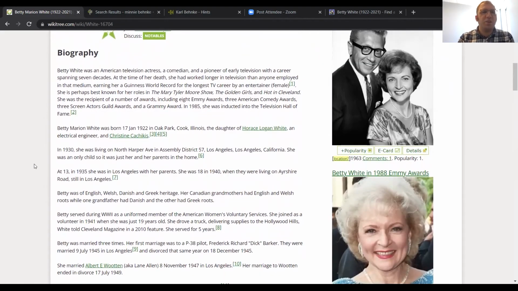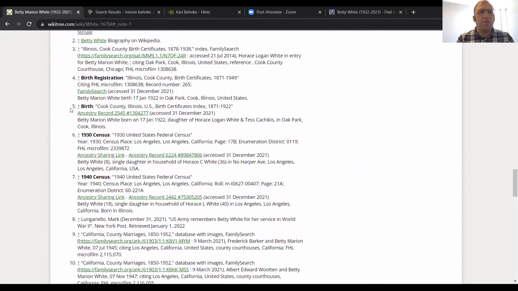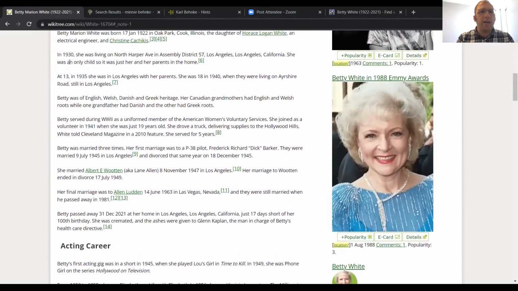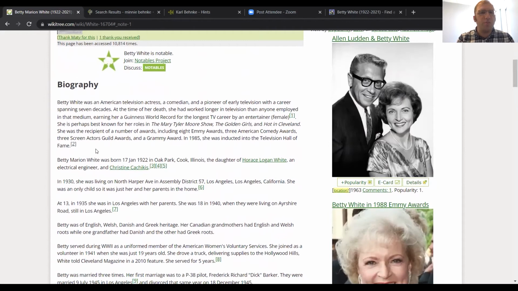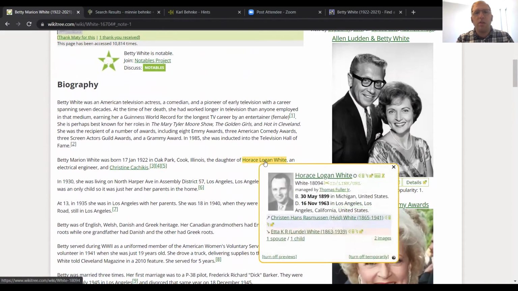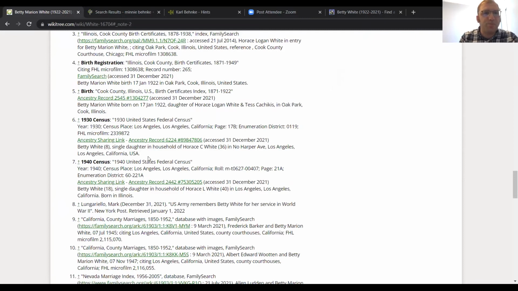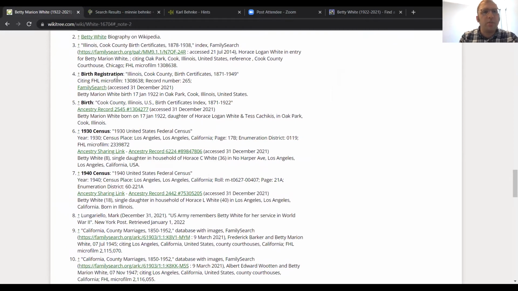Okay, so what I wanted to get to is the fact that right off the bat, I click to a source. Here's Betty White's biography on Wikipedia. So that is backing up everything that was claimed here in the first paragraph. Betty White was born 17 January 1955 in Oak Park, Illinois, the daughter of Horace Logan White and Christina Kochish. So there are 3 sources right there just for that statement. There's a birth certificate, there's a birth registration, and then there's another birth certificate. So I can just click on that,